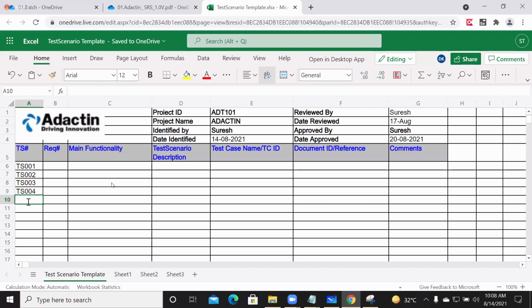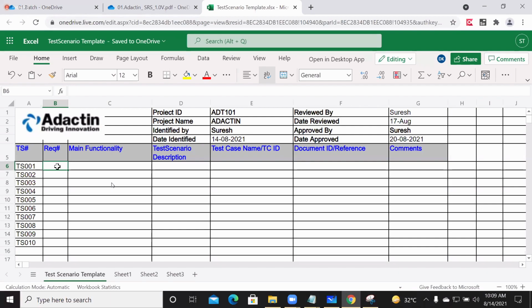As part of our project, we are starting the series from TS001. How many scenarios need to be documented depends on the requirement document. We can document n number of scenarios. There is no limit.